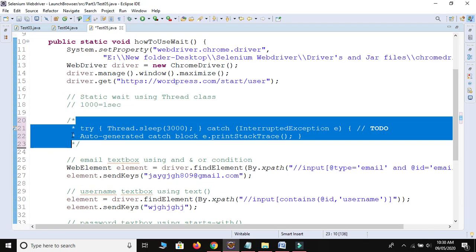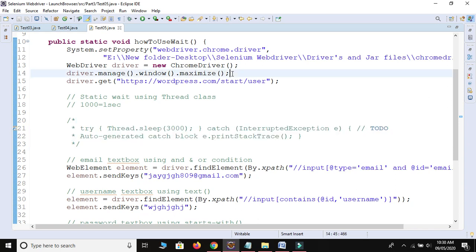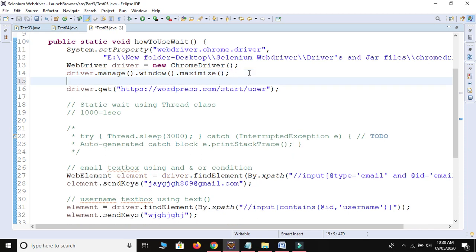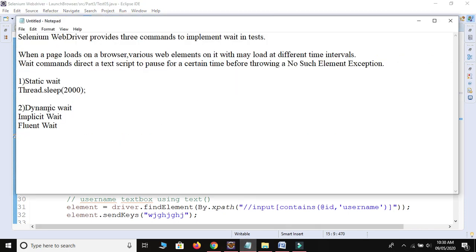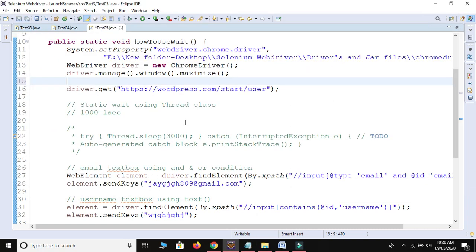Let me comment out this. After launching the browser and after maximizing the window, we provide our implicit wait in the script. Implicit wait is a dynamic wait, and it is applicable for all web elements, because we find our elements using this driver, and we also create the implicit wait using this driver, so it belongs to the same parent.